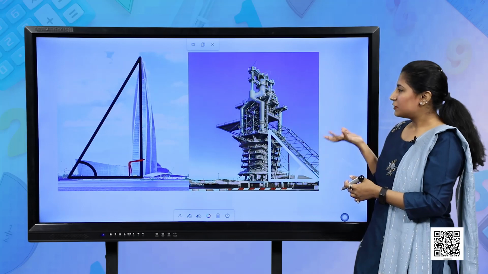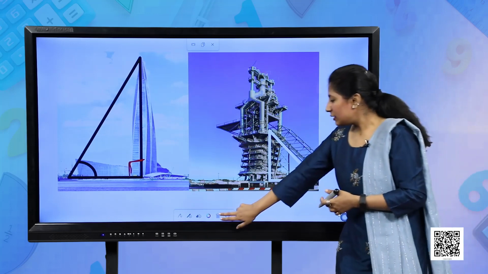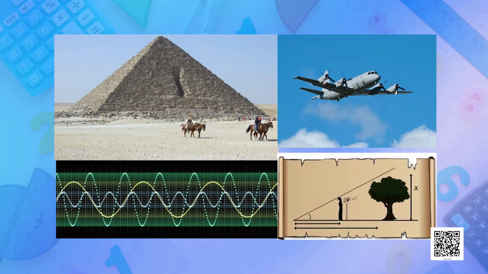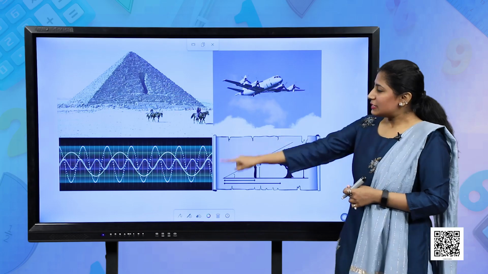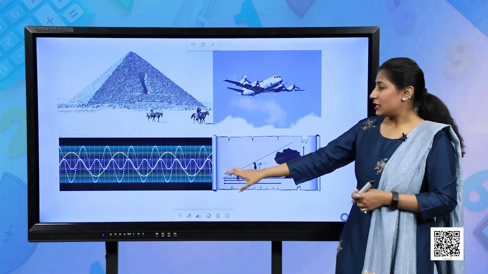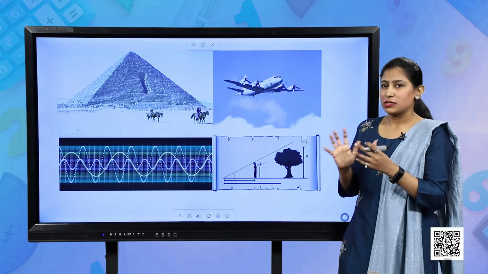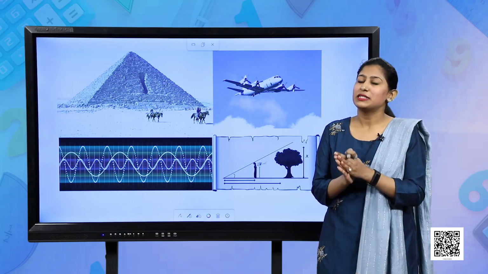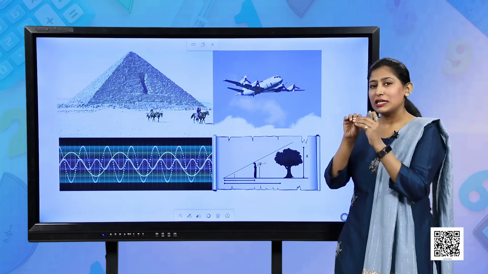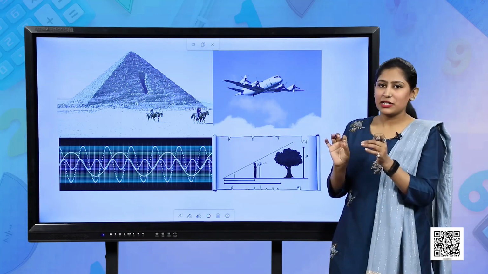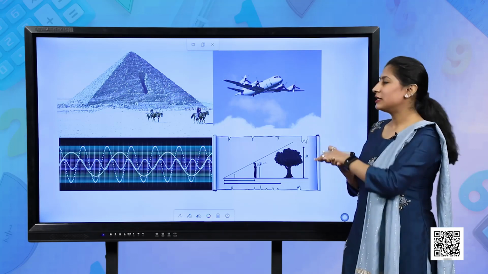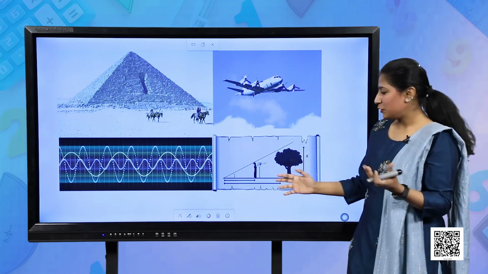Similarly, this is a machine which is being used in construction. Let's see more pictures. Here you can see a beautiful pyramid. In earlier times, Egyptians also used definitely some kind of mathematics to construct these pyramids. This is a picture of sound waves. The sound waves look like the graph of sin theta. I'm not sure, students, whether you know about this or not, but I would definitely ask you to explore it. Just enter applications of trigonometry and find Google images. You will find so many beautiful images which relate mathematics and the real world. So these two are up to you. You have to explore these.